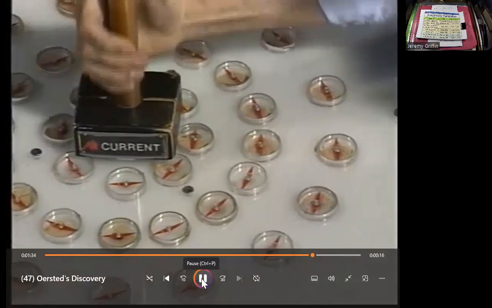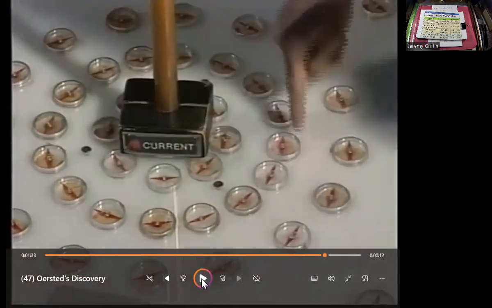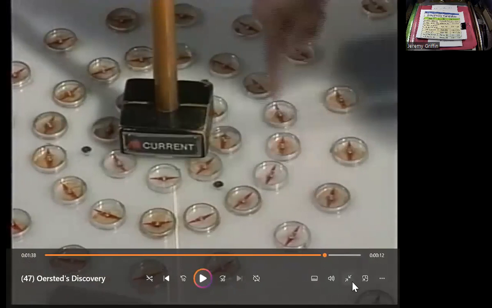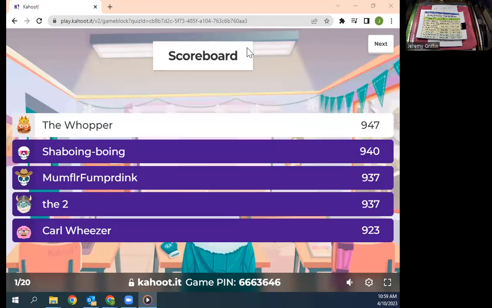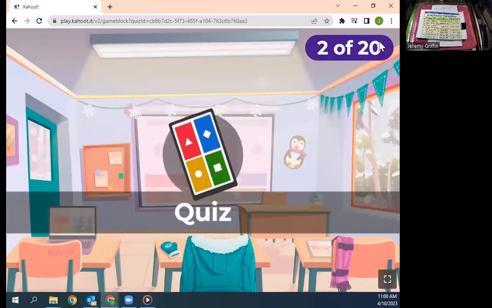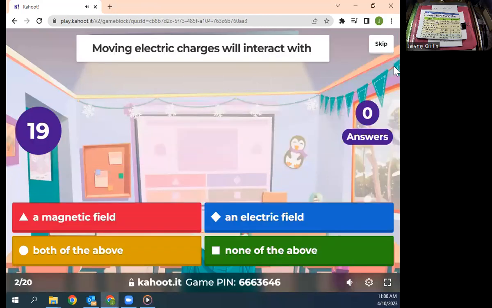And it turns out that field takes the shape of concentric circles about the wire. All right, there you go. And then one thing you guys did back before the weekend was if you run that wire around in a loop, like an inductor type shape, then that will create a straight magnetic field, like a magnet, an electromagnet. Moving electric charges will interact with